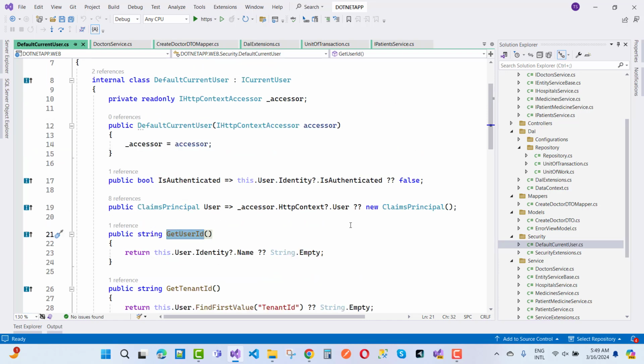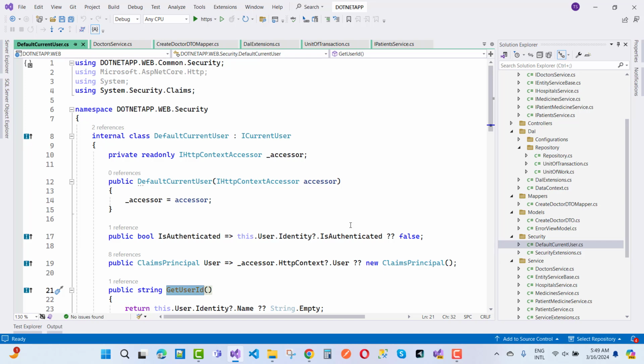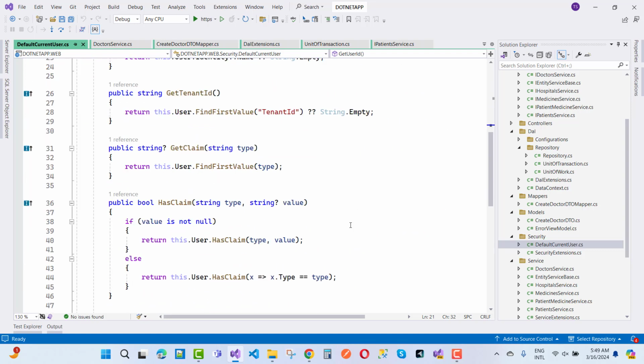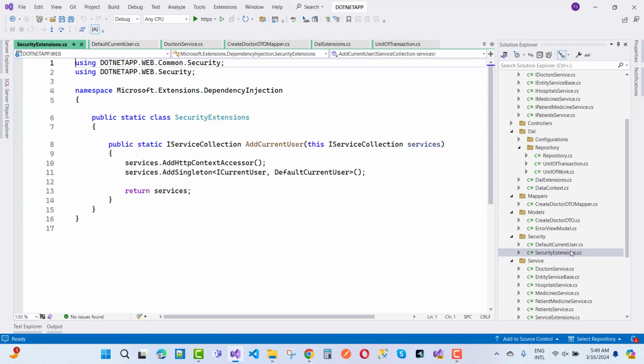Okay, get user ID is also there, get tenant ID. Oh my god, everything is there. Security points, model mappers and mappers, and data access layer, repository, services, APIs, and everything you can design from your